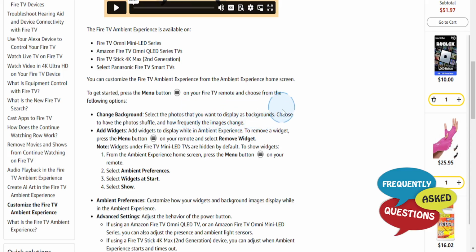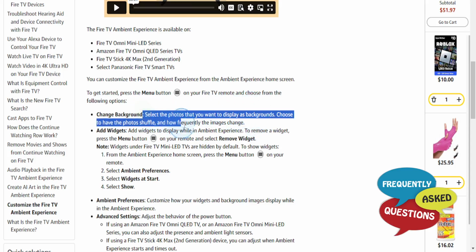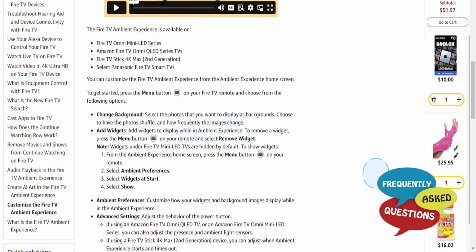Okay, you can choose to have the photo shuffle as well, and how frequently the images change, or you can also leave it as a still image. Okay, but otherwise it's really that easy and simple. Just make sure your TV is compatible, and if it is, just press the menu button and click on change